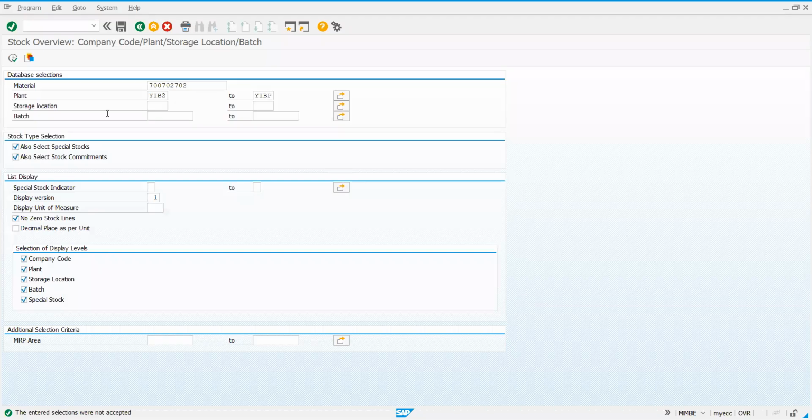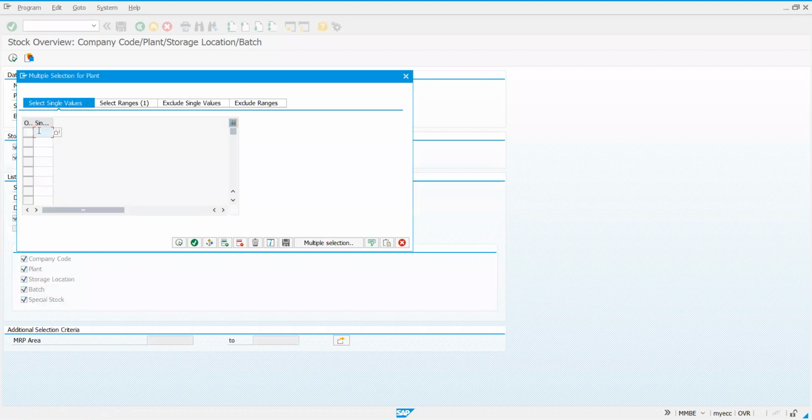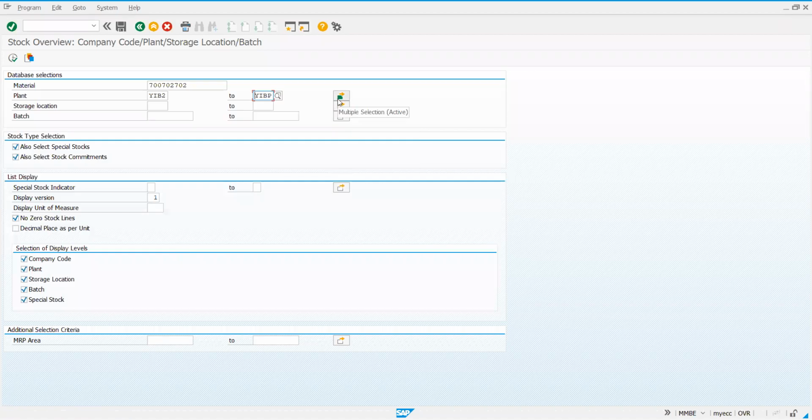Well, I am extending this. Both the plants I'm taking multiple selection. I'll enter 1 here. I want to select both the values. Select single value 1. Observe. I'll proceed with this. You can see green color here. Can you see that? Earlier it wasn't there. Now you are able to see the green color. I'll execute this.